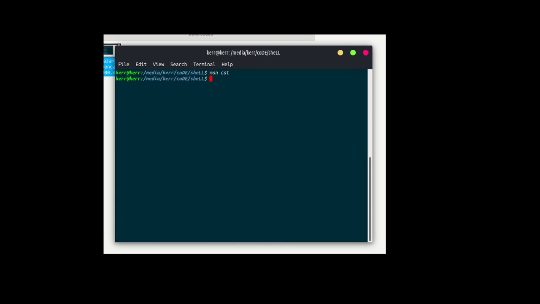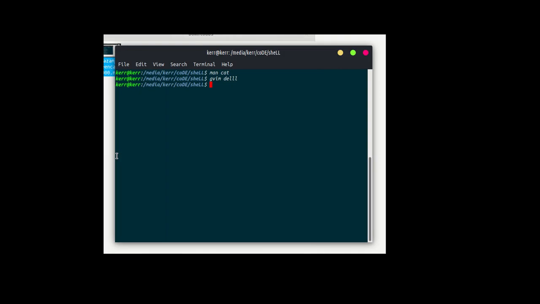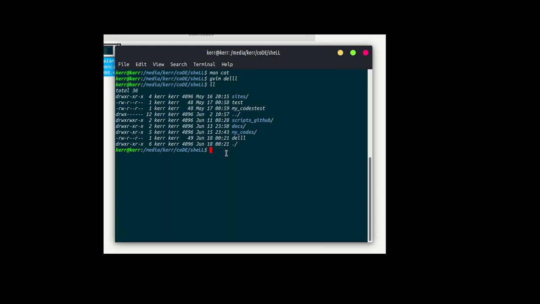Let's say you want to create one file. Let's create a file first. Let's say you are giving some inputs to this file, and in the next line you want to create just one dummy input. Okay, let's save and quit. Now you have the file created, del. You want to see the content of this file.